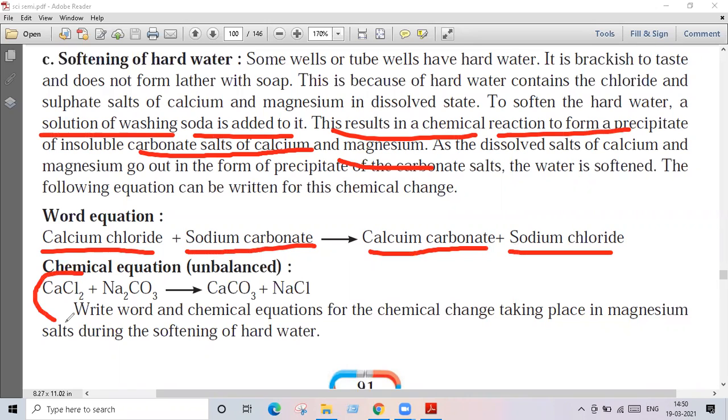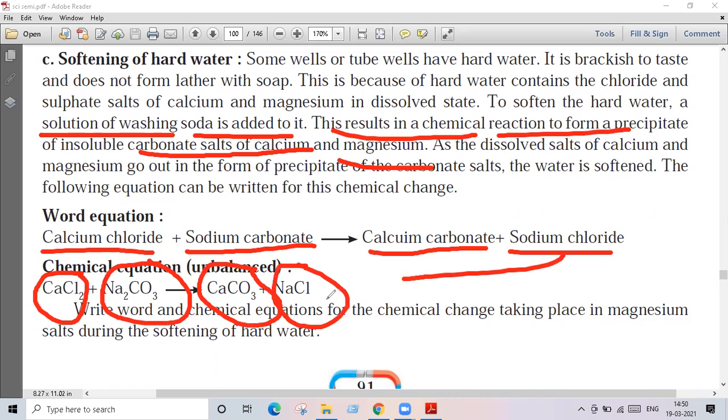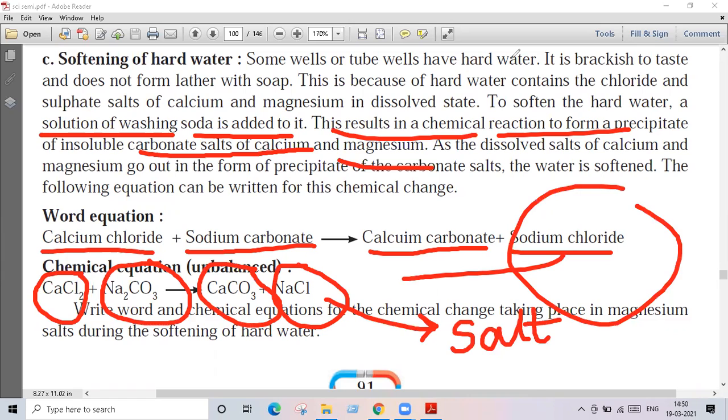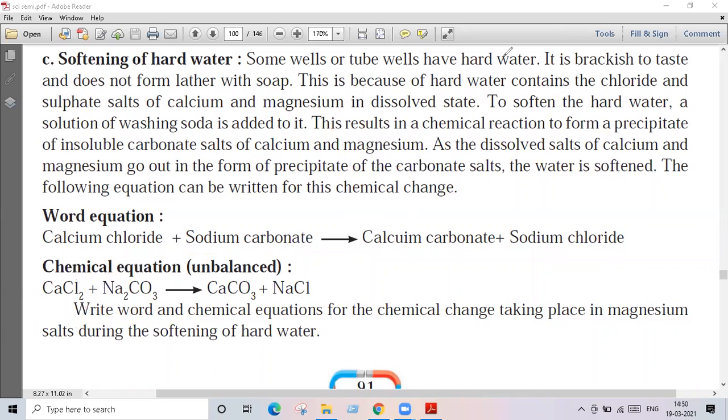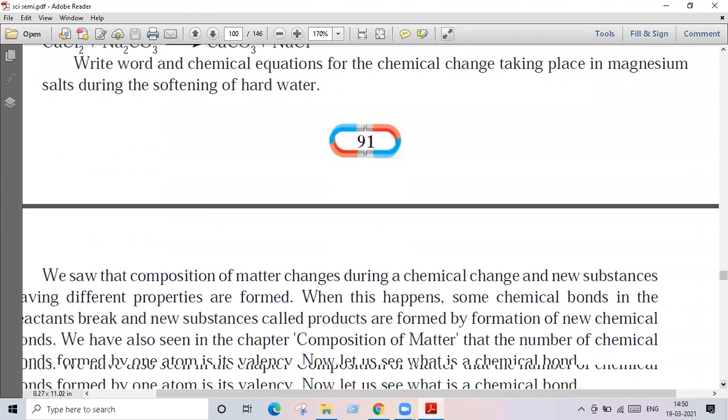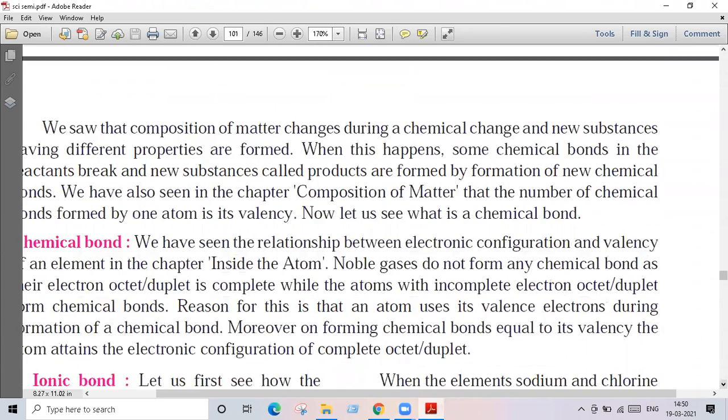Calcium chloride is CaCl2. Sodium carbonate is Na2CO3. It forms calcium carbonate, that is CaCO3, and finally it forms sodium chloride, that is NaCl. NaCl we know is common salt, the salt we use in our homes, we call it sodium chloride. Kids, it is a very nice chapter, very interesting guys, because it gives you the information of daily products or daily